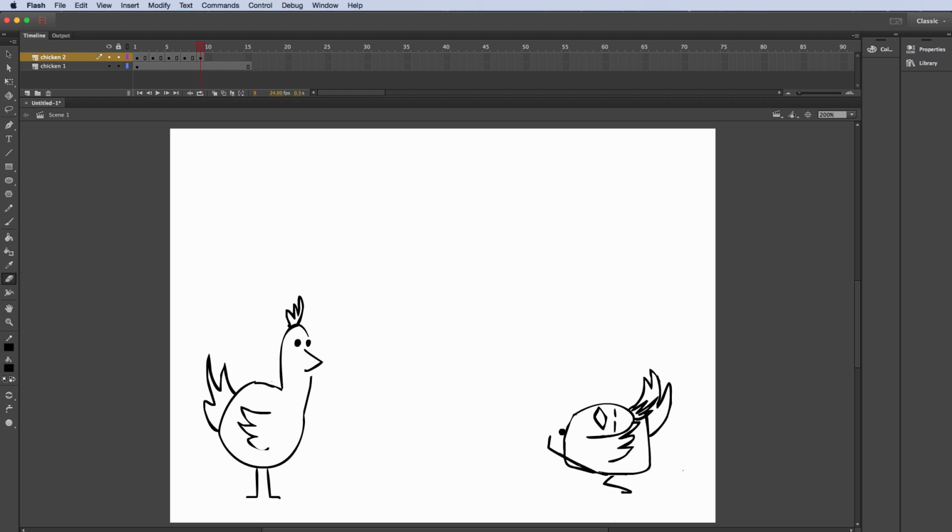Now the leg, I don't want the leg way out here. Okay, so let me erase this part. And the head is not going to be in this position either. I just want the tail to flip to the other side. I'll take my brush, and let me quickly turn on my onion skin so I can kind of see. So here, we're going to start to stretch out the character.